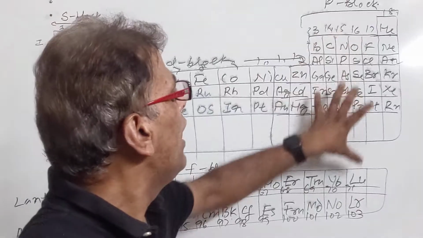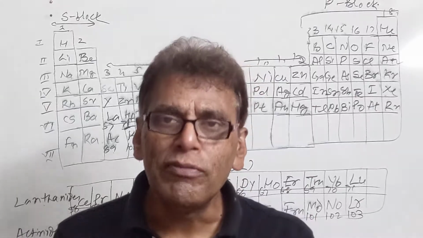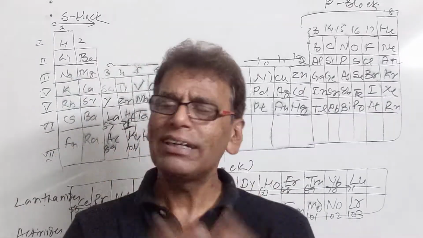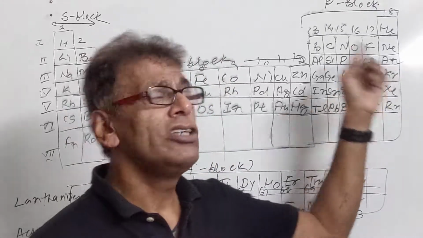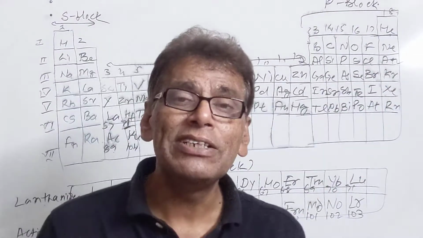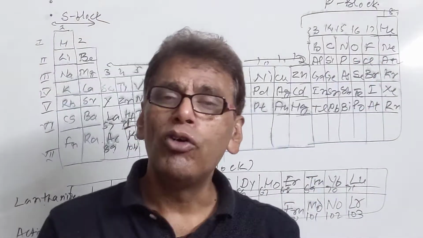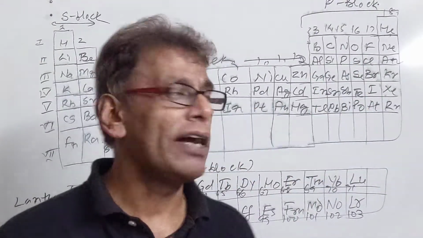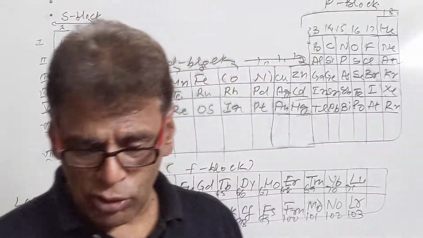This power of the element is measured in terms of electron gain enthalpy, or you can say electron affinity. It is the amount of energy released by an atom when it accepts an extra electron. So the higher the amount of energy released, the higher the tendency of these elements to acquire that electron. The halogens have a deficiency of only one electron to acquire noble gas configuration. Therefore, they have the highest electron affinity. Then comes the 16th group, which has a deficiency of 2 electrons, so they come second, and the nitrogen family comes third in this category of electron gain enthalpy.